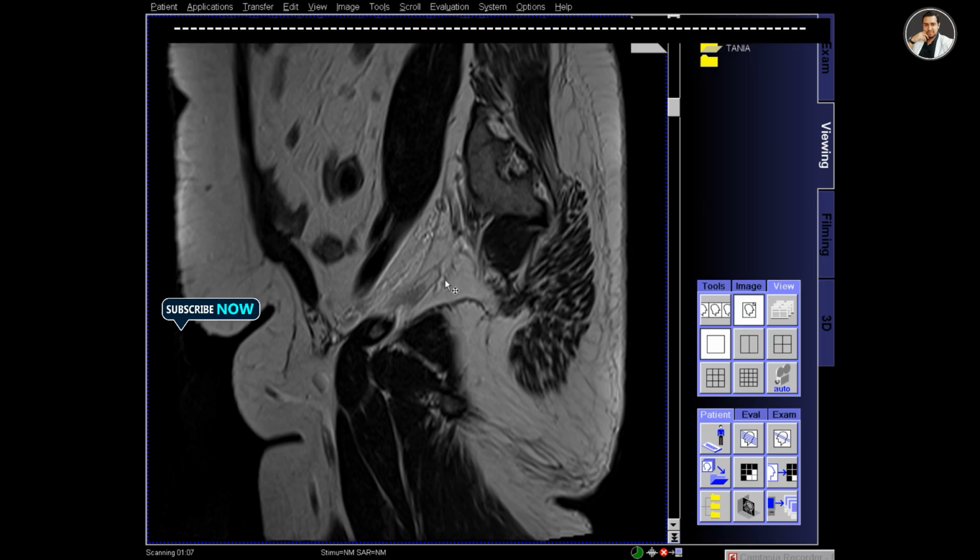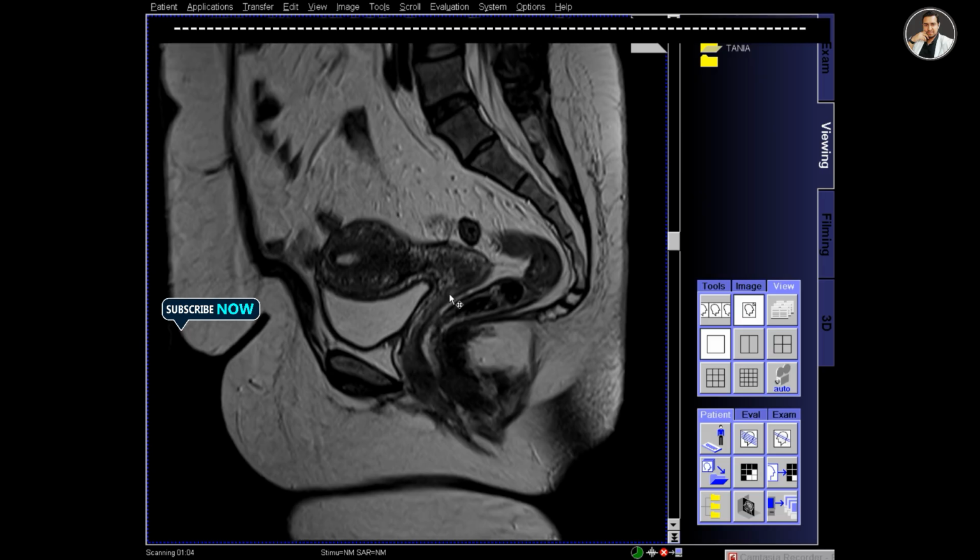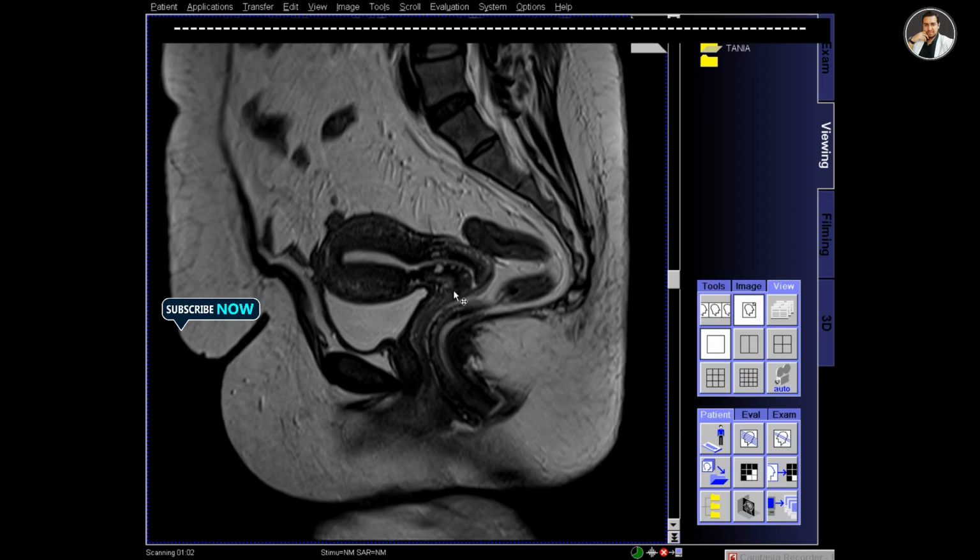now that the sequences are completed. So this is the T2 sagittal image, the first sequence I take, and this is the uterus. You can see, and also a cyst over the uterus.